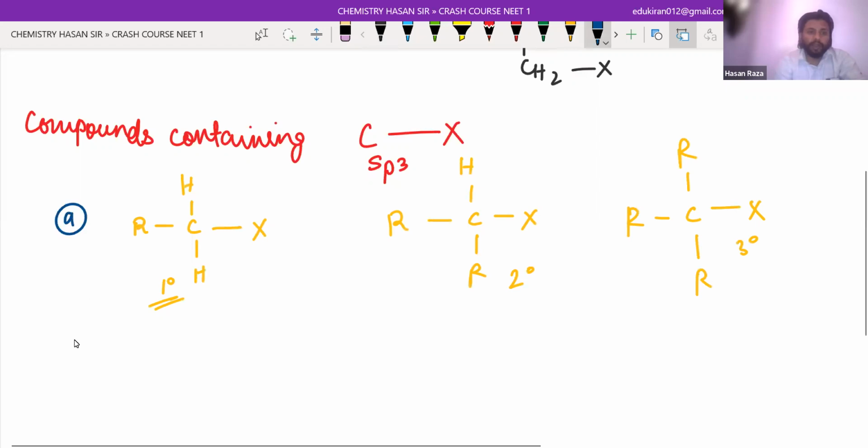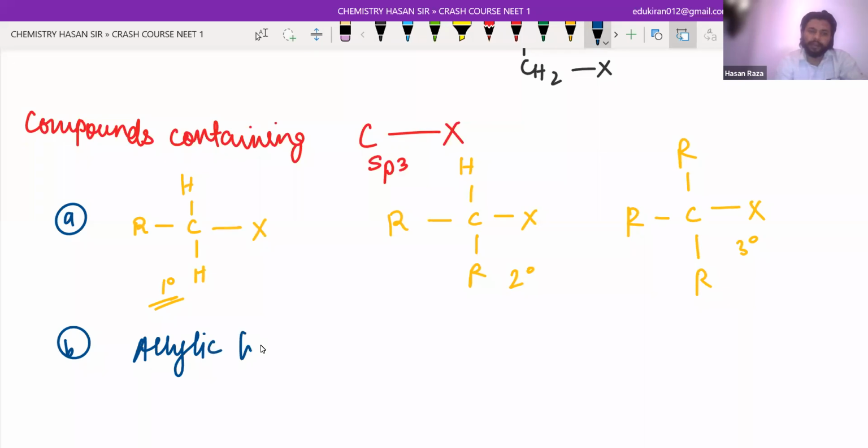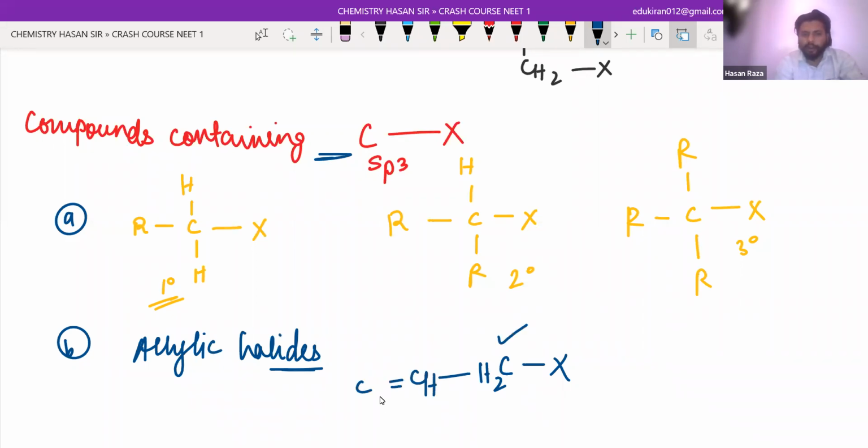Now in this we have another classification, that is allylic halides, which is very important. As you can see, the carbon which is connected to X should be sp3 hybridized, and adjacent to this carbon should be doubly bonded. So this is known as allylic halide. That means basically the hybridization of the carbon to which X is connected must be sp3, and the adjacent carbon should be sp2